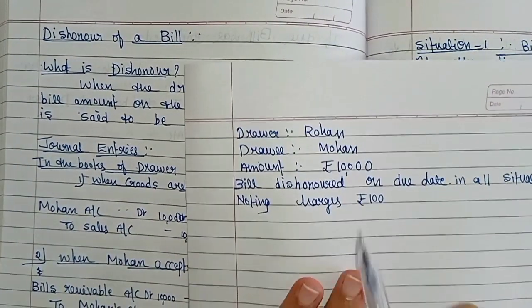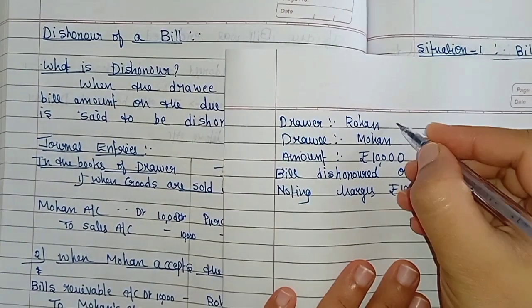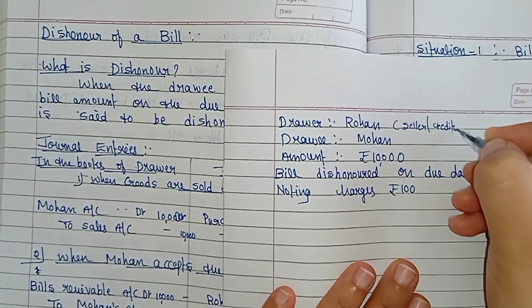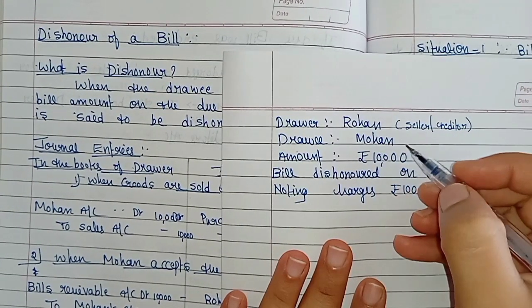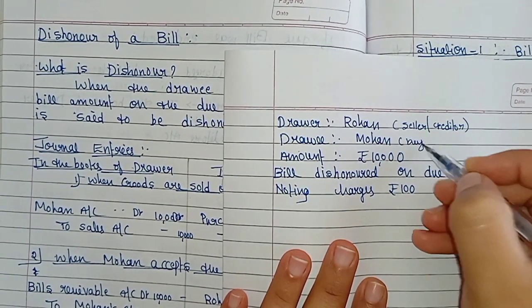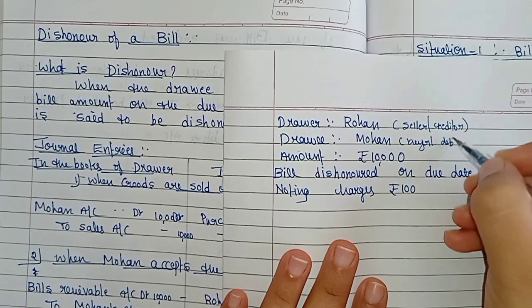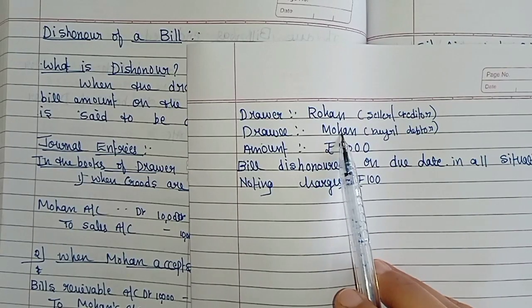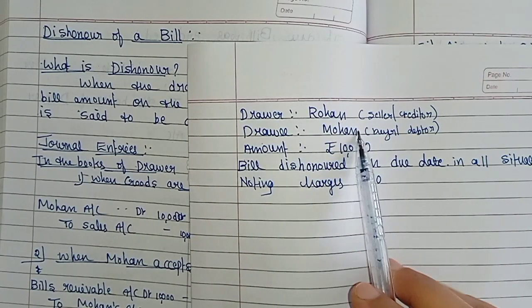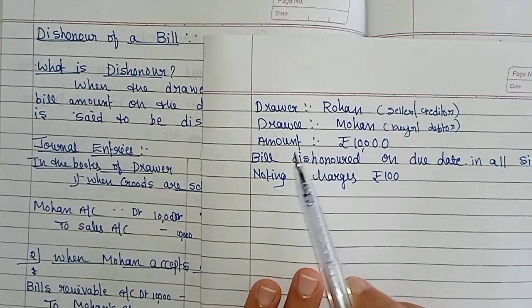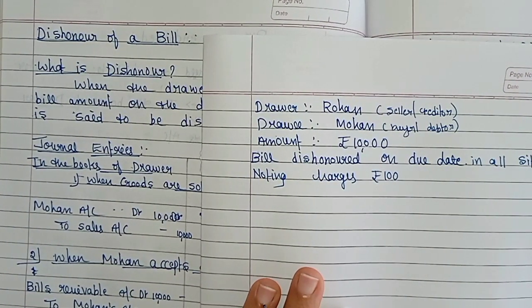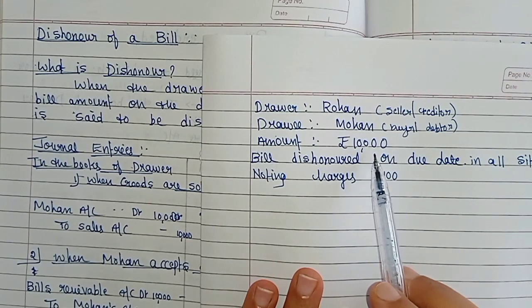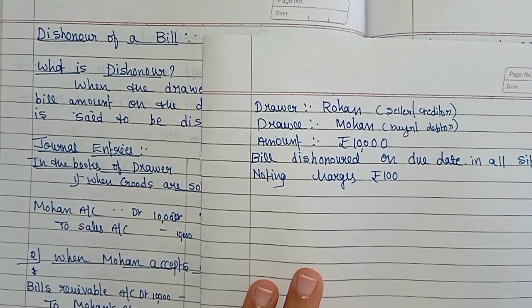See here, Rohan is the drawer. In our case, he is the seller or creditor, right? And drawee means Mohan, the buyer of goods or debtor. So Rohan sells goods to Mohan, so Rohan becomes the drawer and Mohan becomes the drawee, for an amount of rupees 10,000. The payment term is assumed to be 3 months. Clear? But